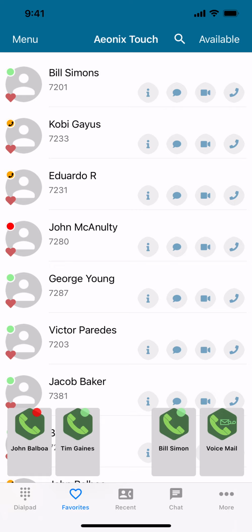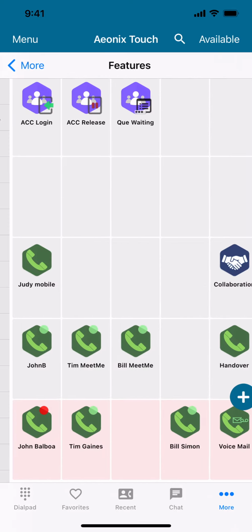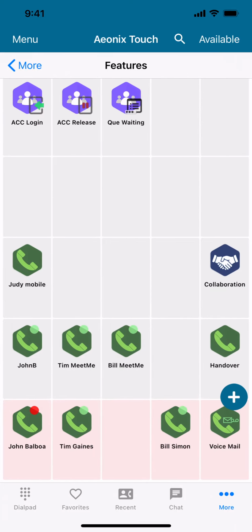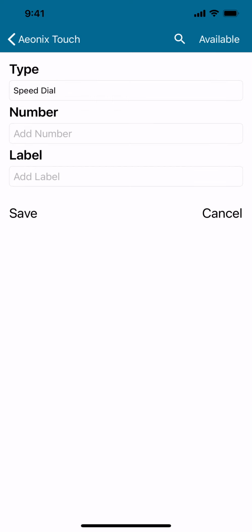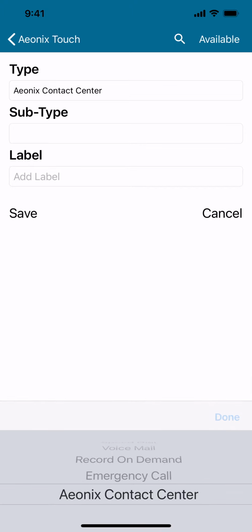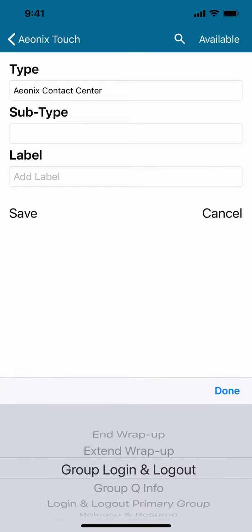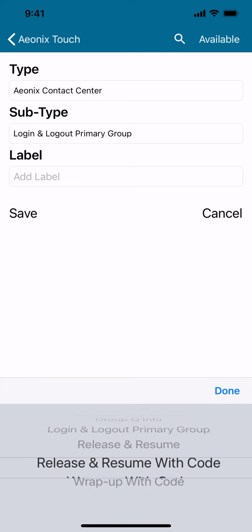To do this, you'll have to program up your virtual buttons first. So you need to hit the More button in the lower left-hand corner, go to Features, and then you will go in and program or add an Aeonix Contact Center button. By selecting Aeonix Contact Center type, you'll then go to Subtype and then program in the functionality that you're looking for,